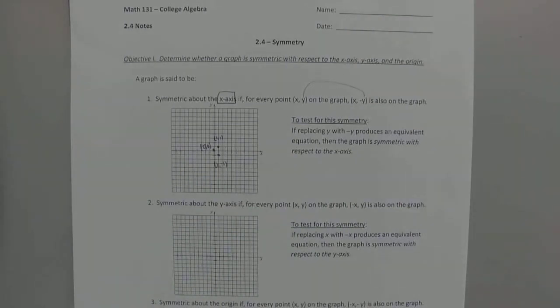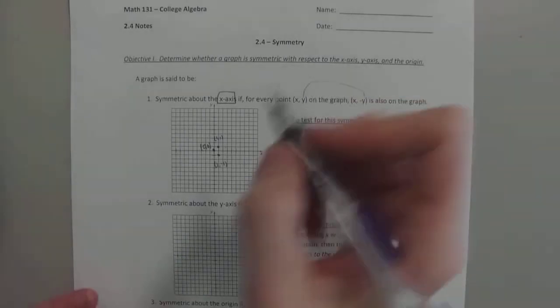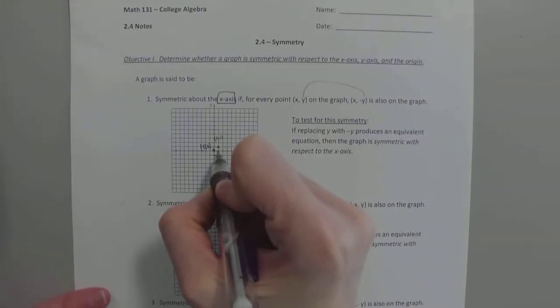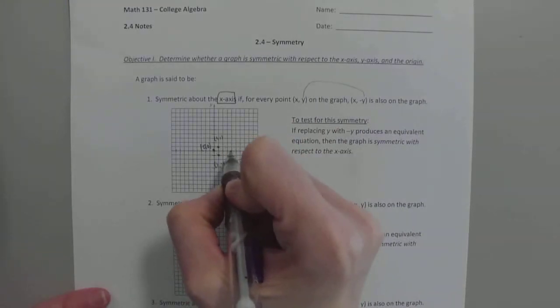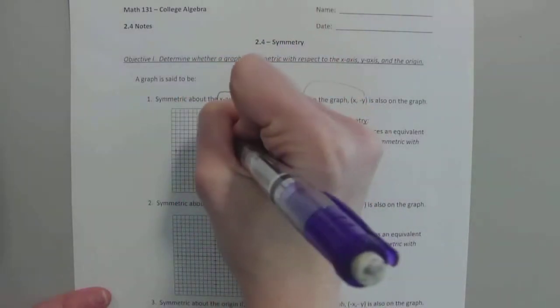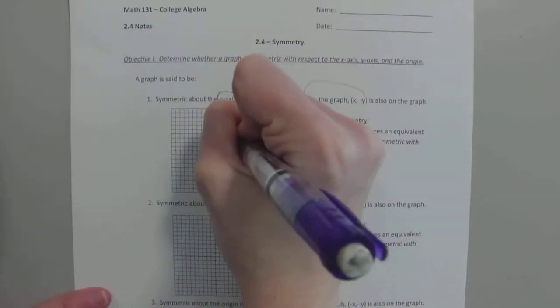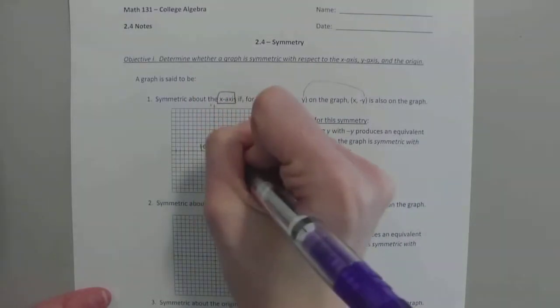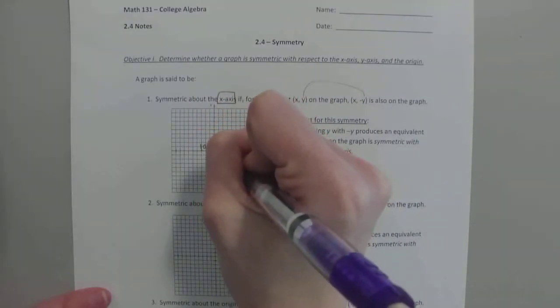So I label the point (1, 1) and the point (1, negative 1). Let's go a little further out. I know these points seem kind of random at first, but I'll tell you at the end. Let's label (4, 2), so go out 1, 2, 3, 4, and go up 2. So (4, 2), and let's label (4, negative 2),